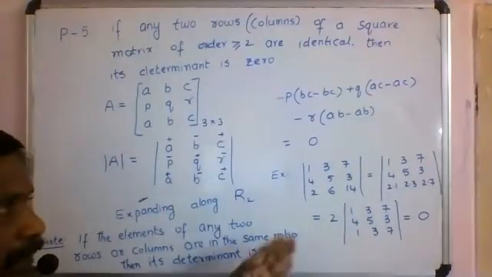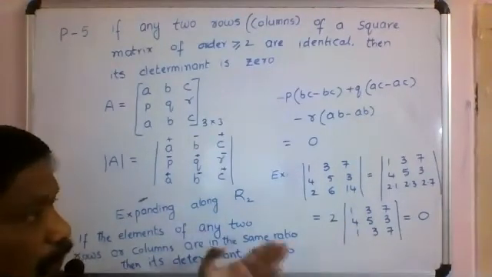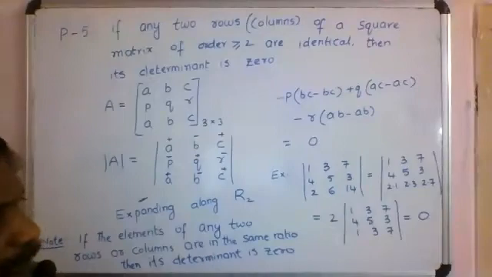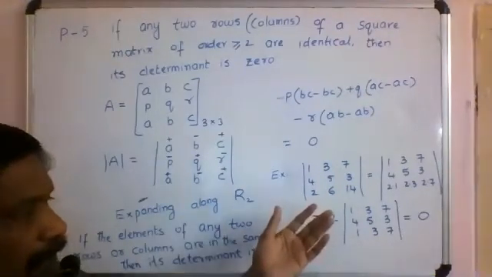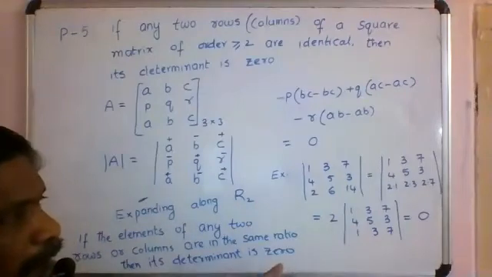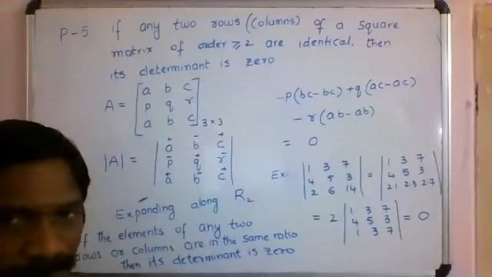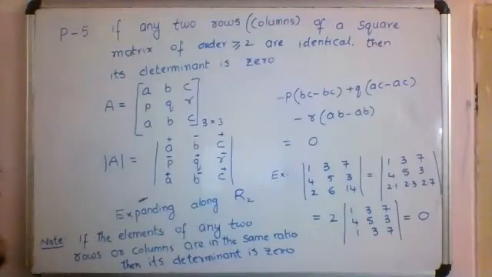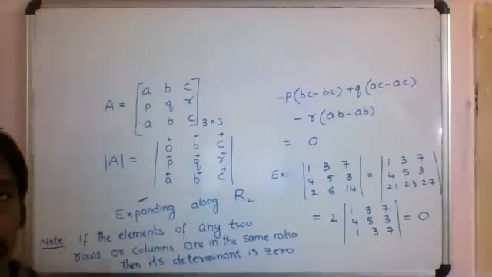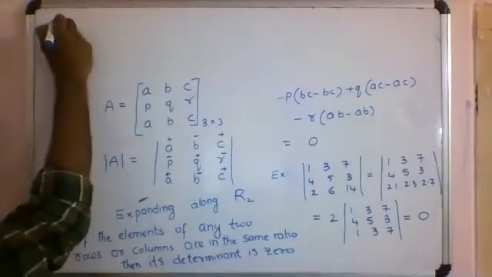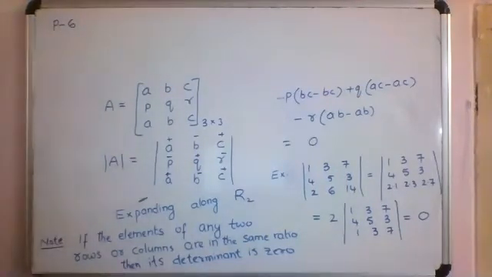So you have to observe, after looking at this determinant, though all elements look different, if we take a common factor in any row or column, they may become similar. Two rows or two columns may become similar. So you keep observing while doing these types of problems. Now next property, sixth property. In some way I used the sixth property here.